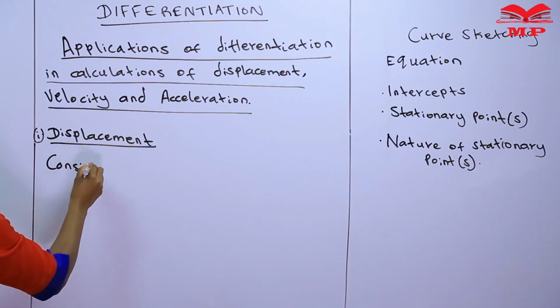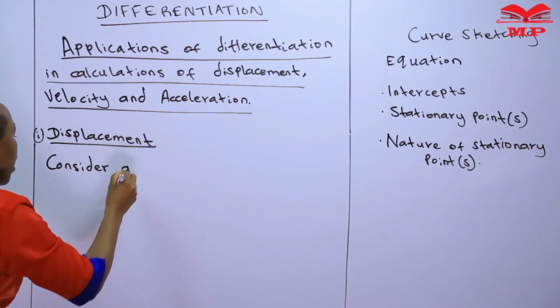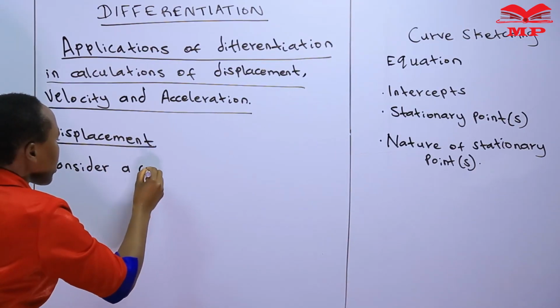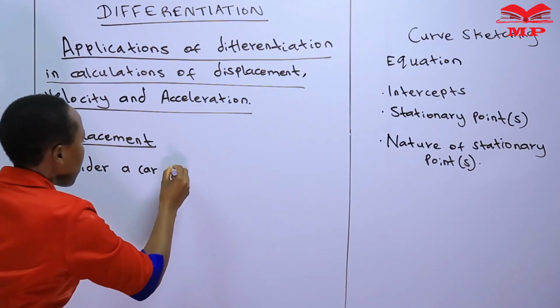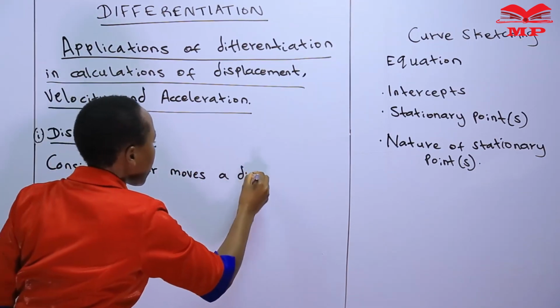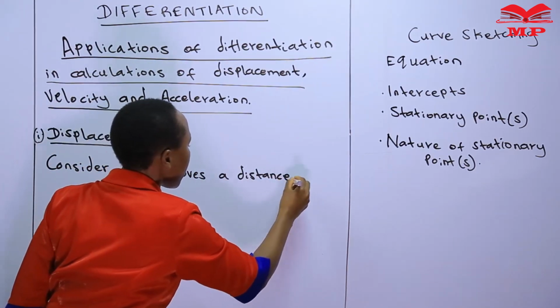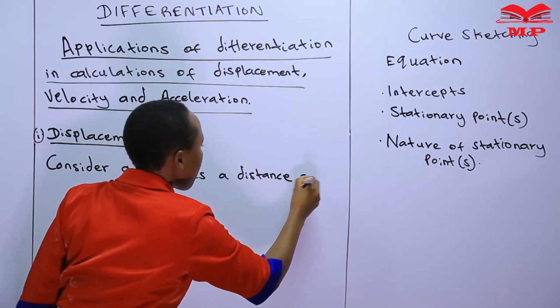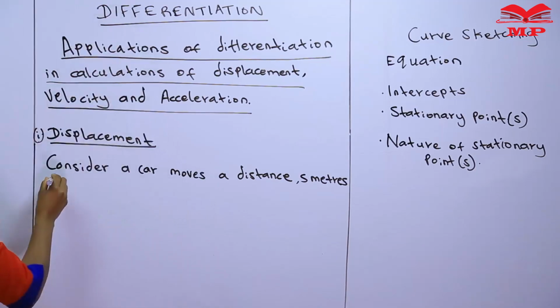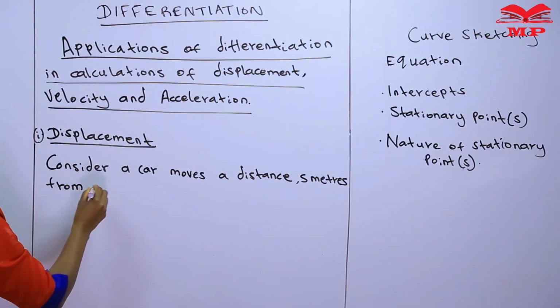Let's say we can talk of a car. Consider a car that travels a distance s meters from a fixed point,